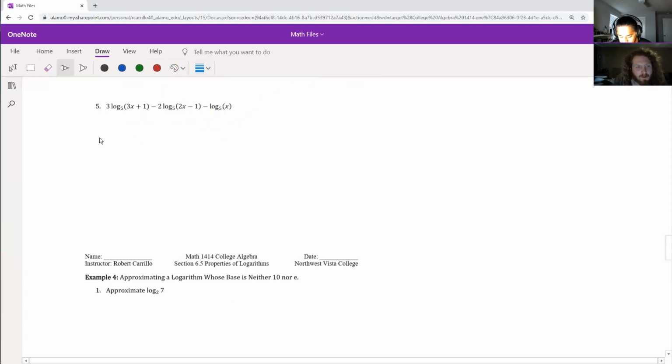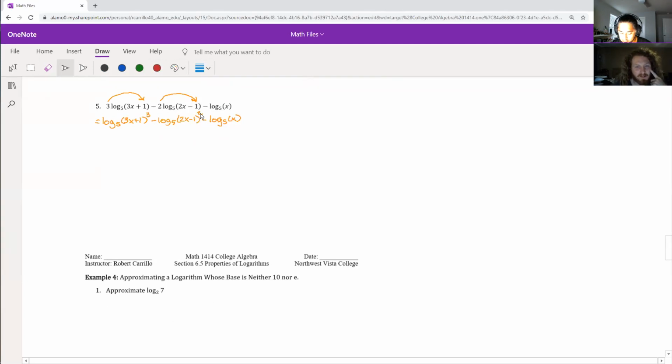Let's do it in orange. Okay, so move all the powers first. So we get log 5 of 3x plus 1 cubed minus log 5 of 2x minus 1 squared minus log 5 of x. Now, this is another one where you want to pay attention to your order, right? So when you have multiples of these together like this, it'll work out the same way if you're very careful